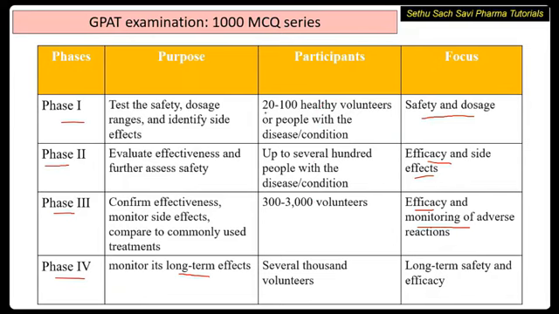For example, in phase 1, it is 20 to 100 healthy volunteers. But in some conditions such as diseases such as cancer, we will be using the cancer patient instead of healthy volunteers. Now, coming to the phase 2, it will contain hundreds of people. Coming to phase 3, it will contain 300 to 3000 volunteers. And coming to phase 4, it will include thousands of volunteers because we are testing this after the drug enters